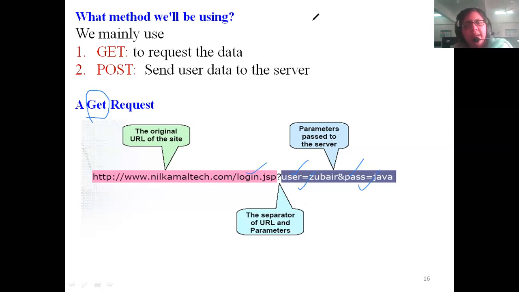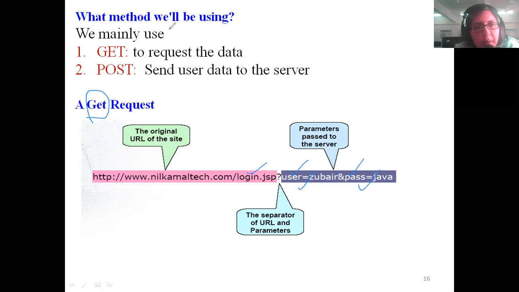On the other hand, if you want to send some user data to the server, for example file uploading or video uploading operations, where there is a huge amount of data that you want to send to the server, in such a case we prefer the post method. So when the amount of data to be sent to the server is less, we go ahead with the get. When the amount of data is huge, we prefer the post